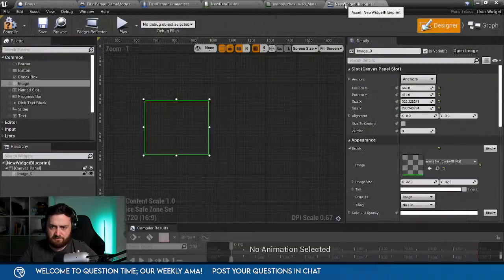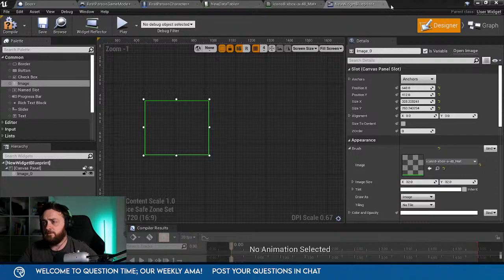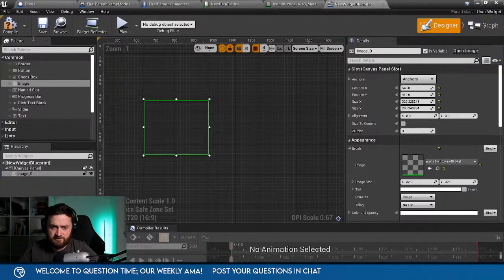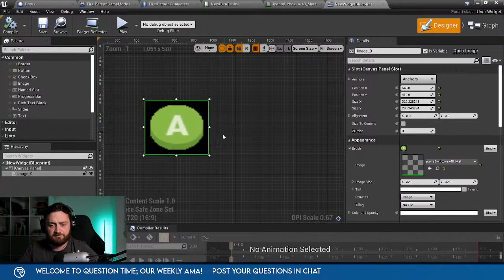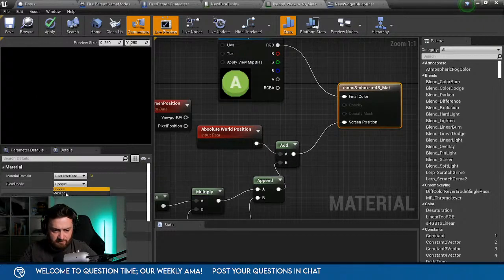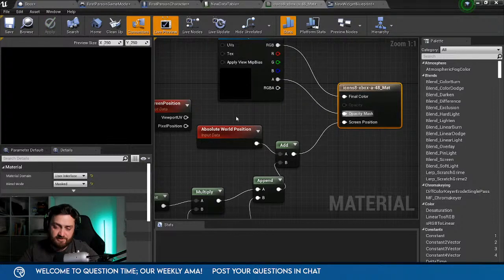Yeah, it did something. Oh, there you go. There you go. Moving. Oh, it's not showing up here though. Oh, there you go. Cool. So that means we can use that now. So I need to make this actually also masked. I need to use the alpha channel of this. So yeah, so you can do it. We have to just put in the absolute world position, which to get its current position. This is what you're changing it by.